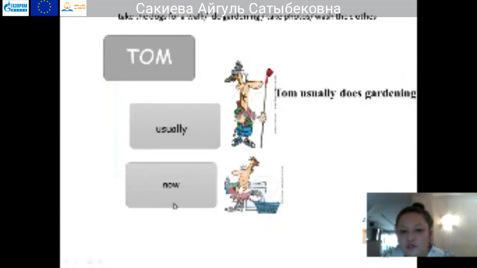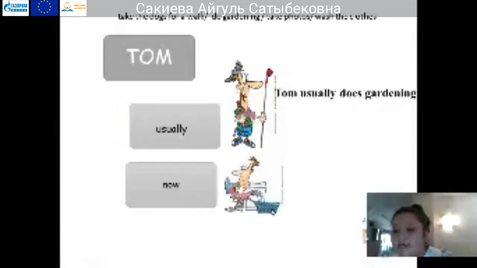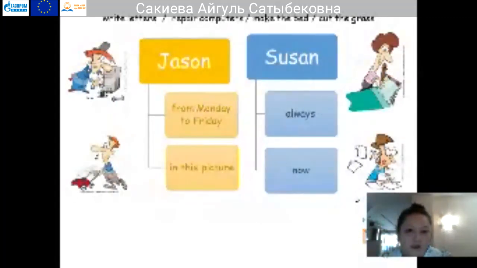Okay, what is Tom doing right now? Alimbek, excellent, good job. Now, what is Tom doing now? Now, look at this, a basket for the clothes. Tom is washing, not the dishes, he's washing the clothes now. Tom is washing clothes now. Yes, okay, good. Ayjan, yes, you're right. Okay,